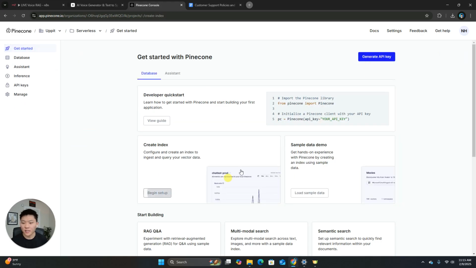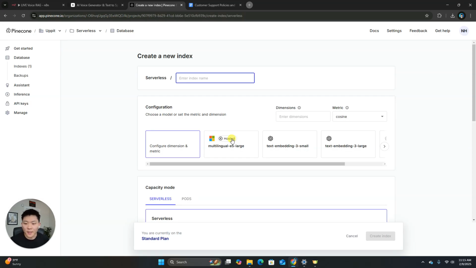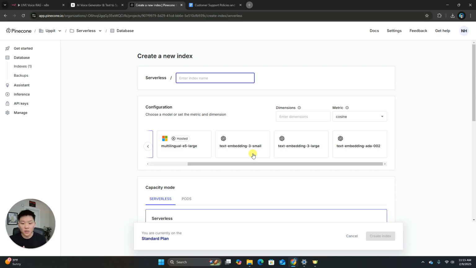Then within your index, actually, let me show you guys something. When you're creating your index, you're going to give it a name. You've got different options here as far as the embedding models you're going to use. I would go with text embedding 3 small here. It's going to be an OpenAI embedding model. It's just the one you want to set up for these testing purposes. If you're wondering what embeddings are, they're the array of numbers that represent your vector. In the deep dive vector database course, I talk about that a little bit. Basically, just how the data gets turned from text into numerical format to be put into that multi-dimensional space in the vector database. So go with embedding 3 small, give it a name,